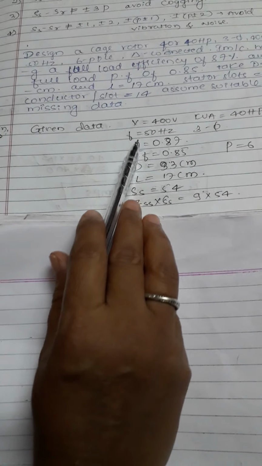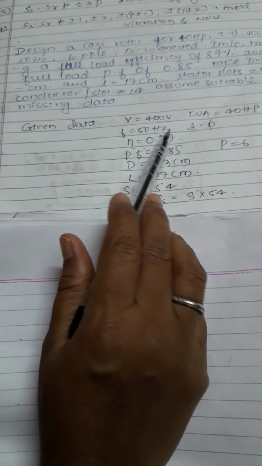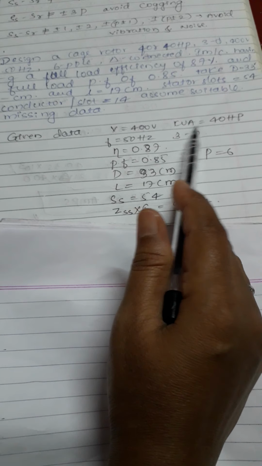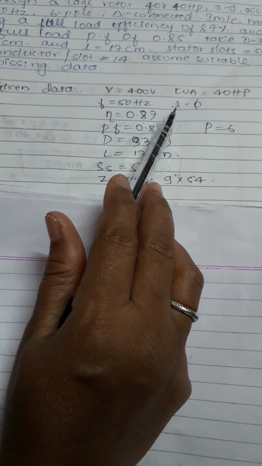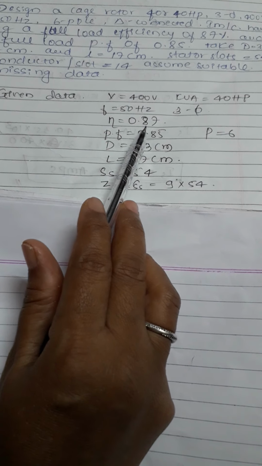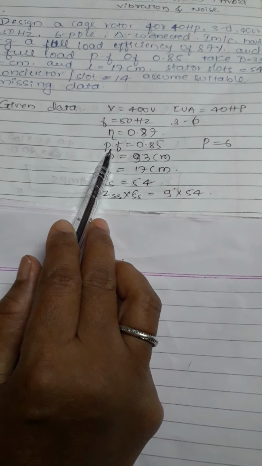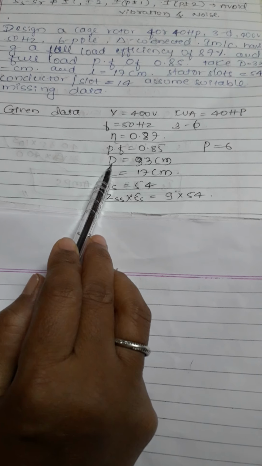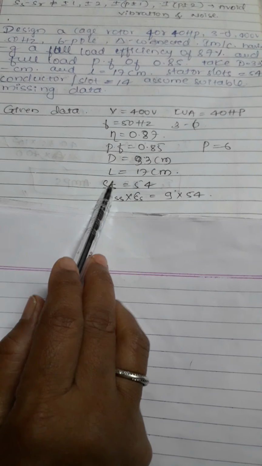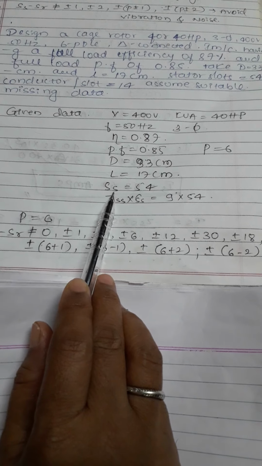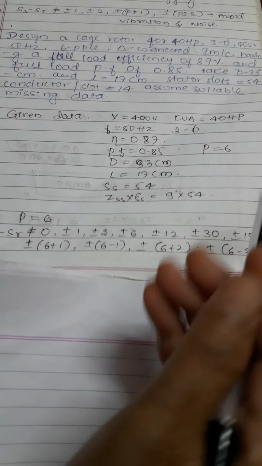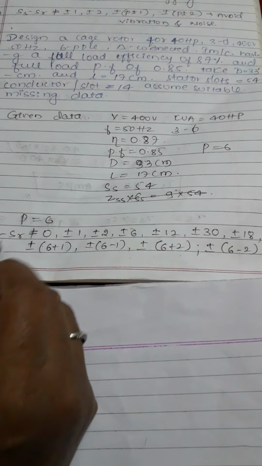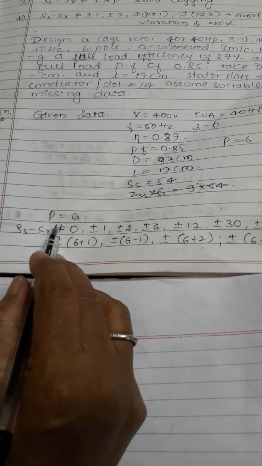For this the data is given: voltage 400 volt, kVA is 40 HP, frequency 50 Hz, 3 phase, efficiency 0.87, power factor 0.85, diameter 33 cm, length 17 cm, stator slots 54, and the number of poles is given as 6. So last